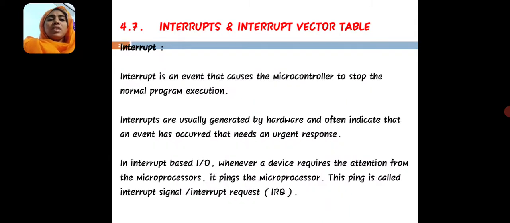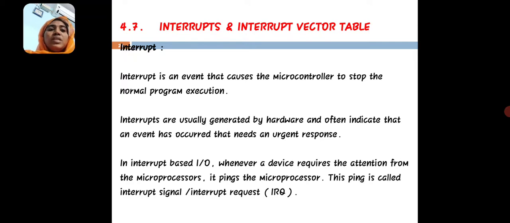The next one is the interrupt. An interrupt is an event that causes the microcontroller to stop the normal program execution, right? Whenever an interrupt occurs, it interrupts the normal program that the main program is running.